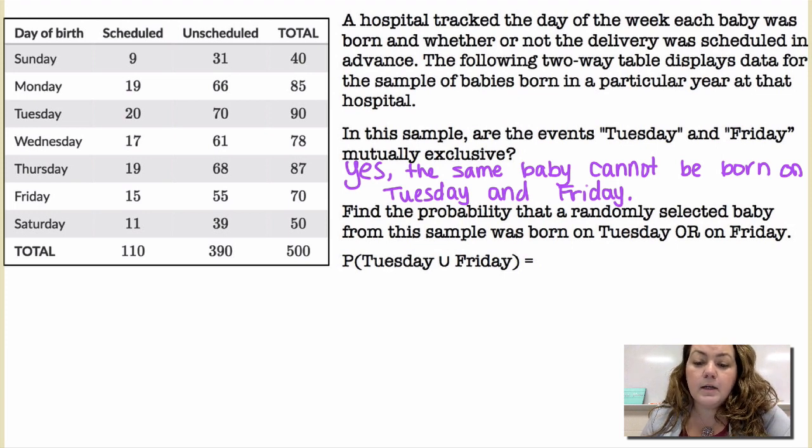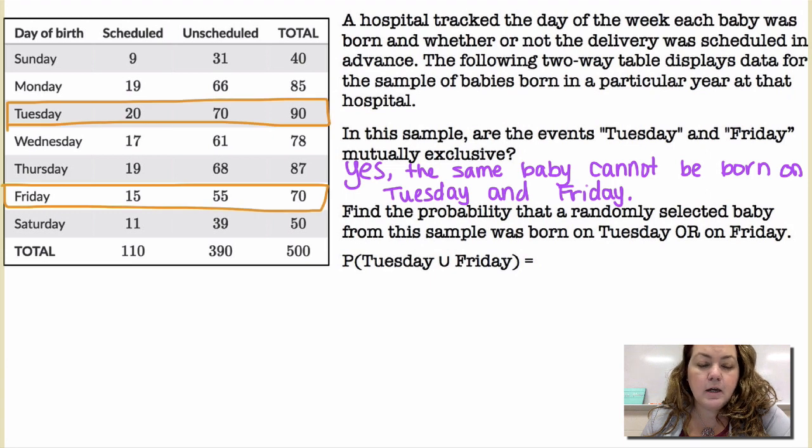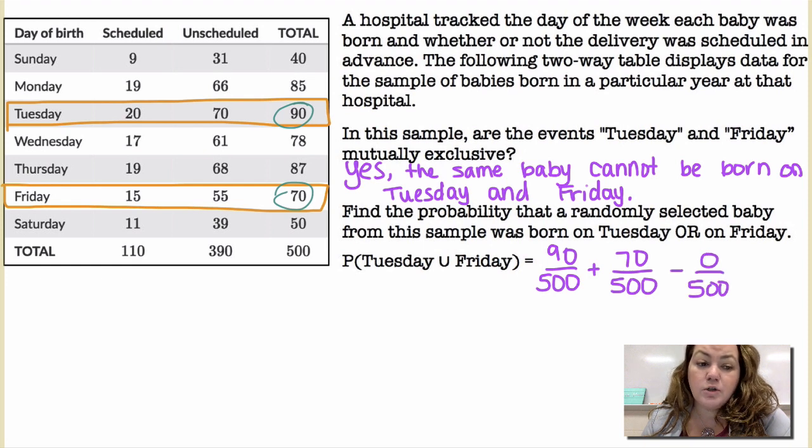All right, find the probability that a randomly selected baby from this sample was born on Tuesday or on Friday. All right, so I'm going to do probability they were born on Tuesday plus the probability they were born on Friday minus the probability they were born on Tuesday and Friday, which I already said that's not possible. Okay, so probability they were born on Tuesday is 90 out of 500. Probability they were born on Friday is 70 out of 500. Probability that they were born on Tuesday and Friday is not possible because they are mutually exclusive. So that would be 0 out of 500. And that gives me 160 out of 500. So that's 32%. So if the events are mutually exclusive, you don't have to worry about that overlapping piece because